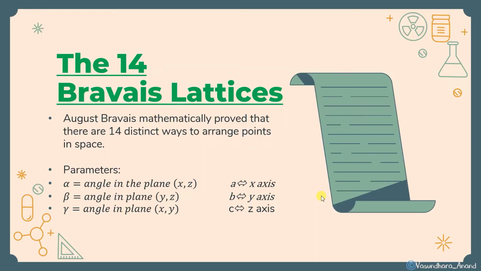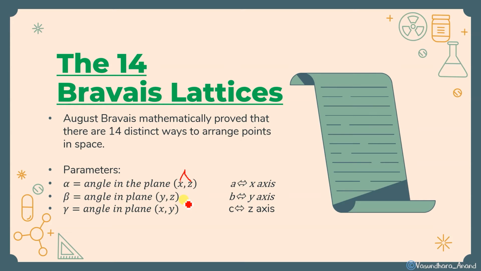Yes. Now, if we talk about the Bravais lattice in 3D, so there are the 14, but it's difficult to draw all that. Anyhow, I'm going to tell you the parameters. What are the parameters? This is the angle. Alpha, beta, gamma, these are the three angles we will discuss. And alpha is the, ये याद रखने वाली point है, alpha is the angle between x and z. x and z के बीच में, axis के बीच में जो होगा, that will be considered as alpha. Gamma will be x and y, and beta will be y and z. So just remember it as alpha, beta, gamma: xz, then yz, and then xy.